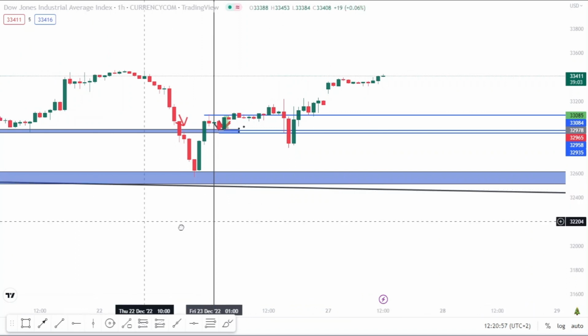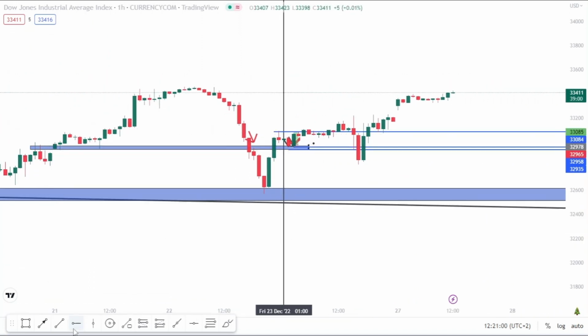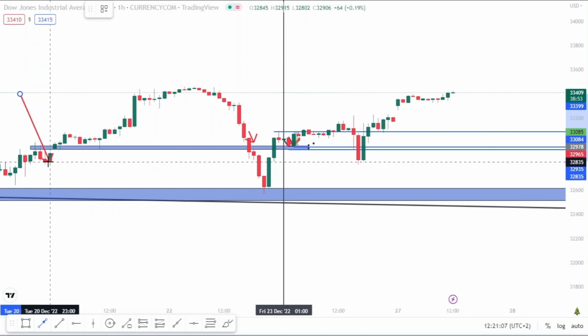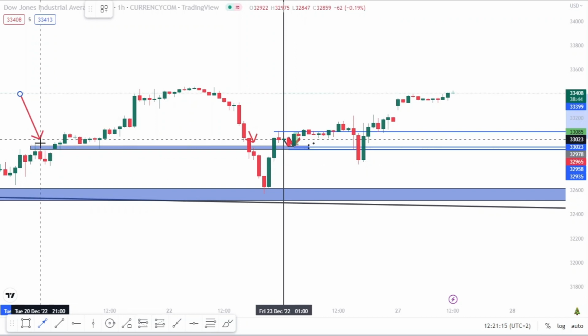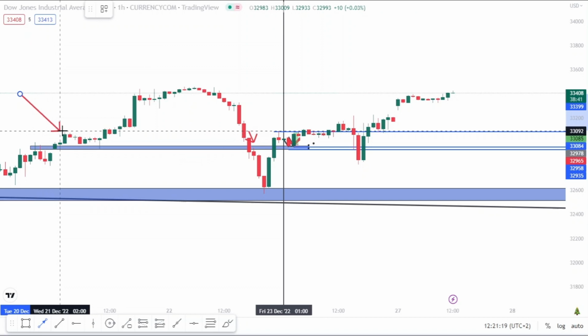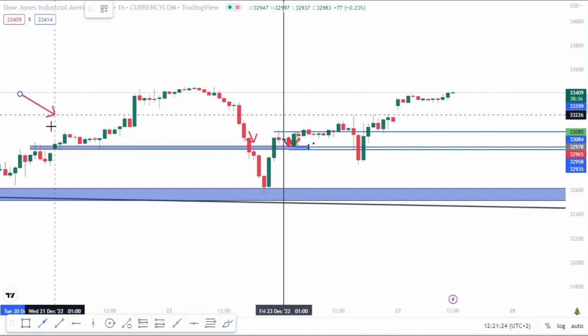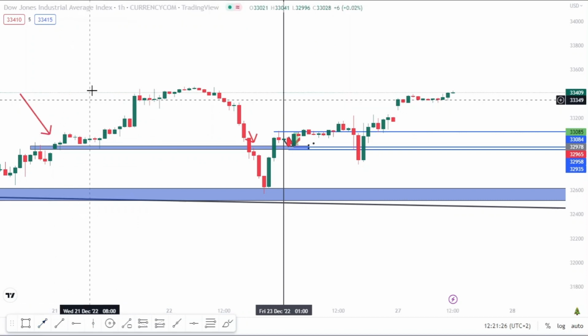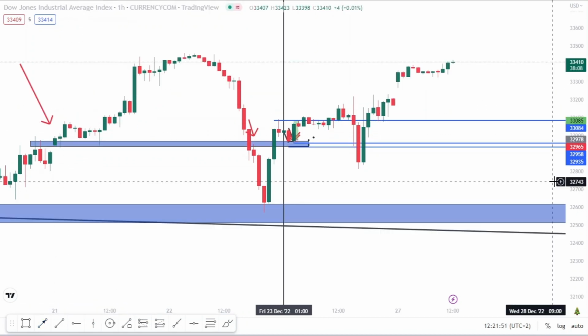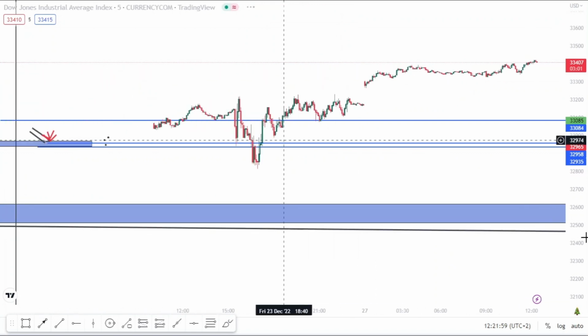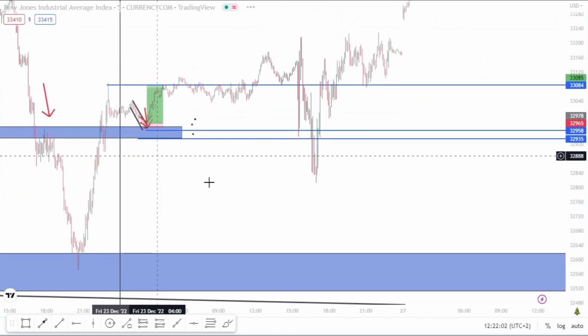When we move even further to a smaller time frame, this is where it is actually more clear. You can clearly see that this was resistance. Price just pushed down a little bit. This was actually a corrective move to continue pushing to the upside. But the fact that the price actually pushed down, broke out of this level, retested this level, and started pushing all the way to the upside actually tells us that this is a correct level that we can use to start looking for buys to push all the way to. So after determining this level, smaller time frames are the ones that are actually going to give you nice entry points. So when we hop onto a 5-minute chart,